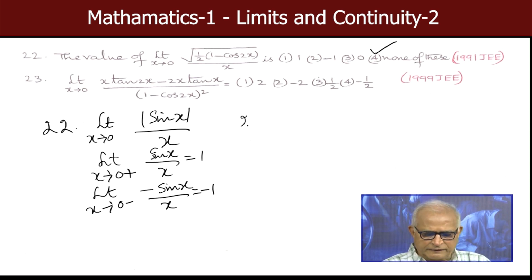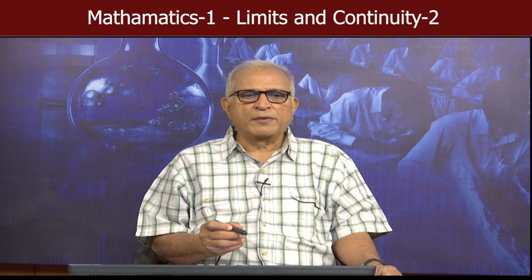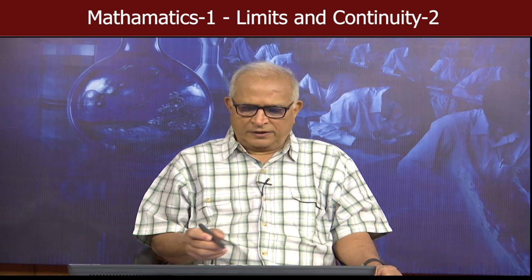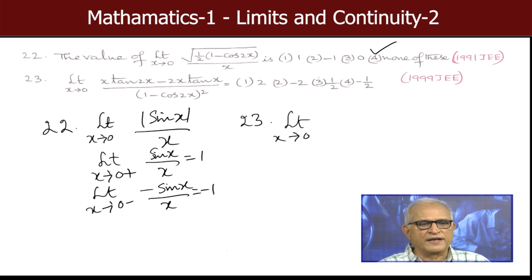Then 23. Limit x tends to 0, this is also a question that appeared in the 1999 JEE. Limit x tends to 0, x tan 2x minus 2x tan x by 1 minus cos 2x whole square. So, we apply simple trigonometry. Tan 2x is 2 tan x by 1 minus tan squared x. So, when you expand this, when you replace the tan 2x by 2 tan x by 1